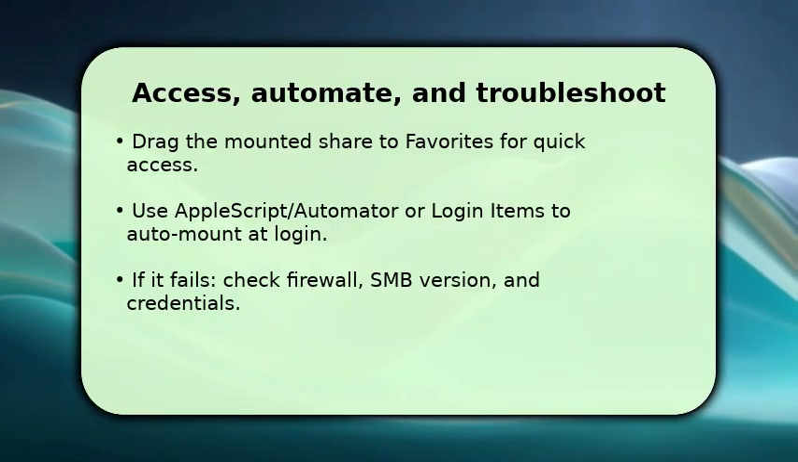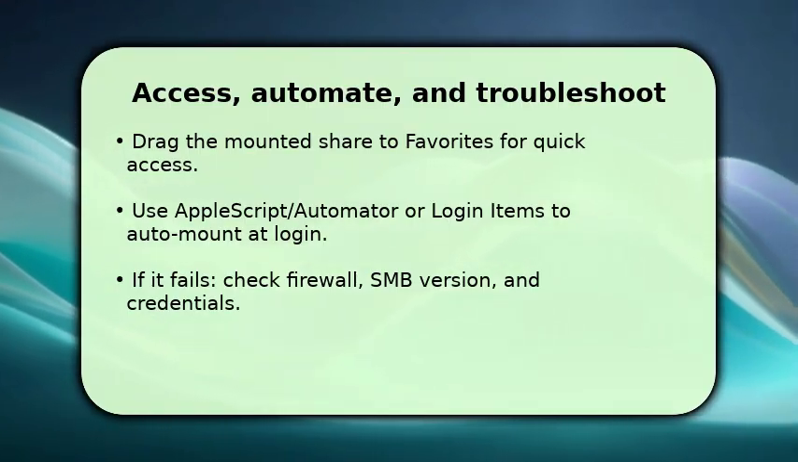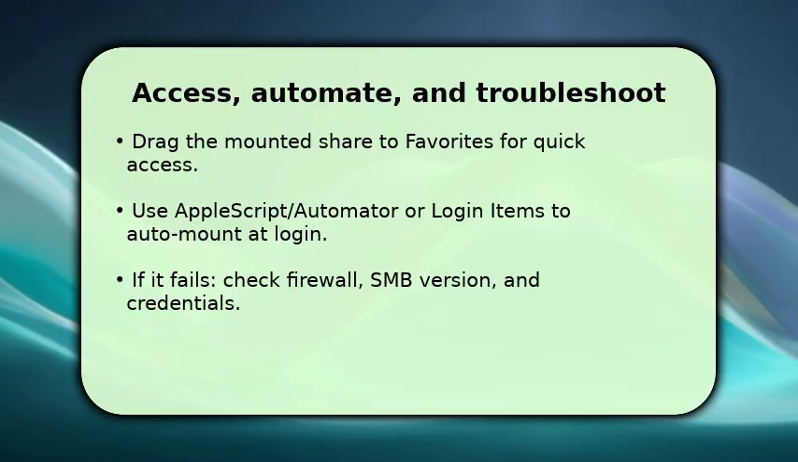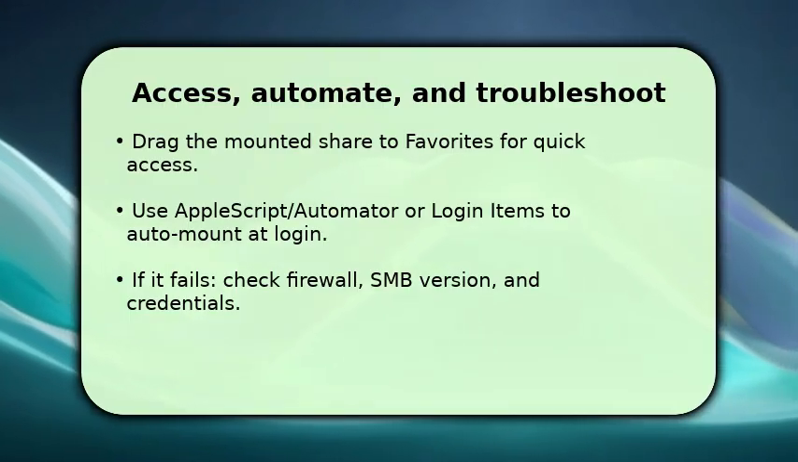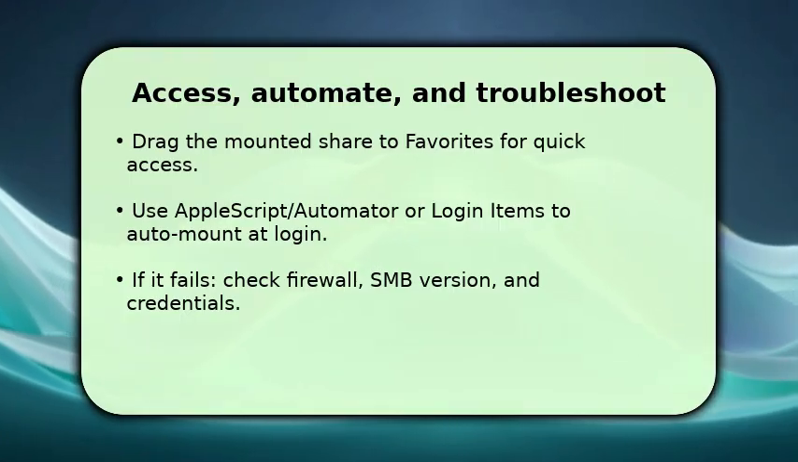If you run into errors, first confirm the Windows Firewall and SMB settings, verify SMB version compatibility, and recheck credentials. Wrong SMB version or blocked ports are common causes. If needed, restart both